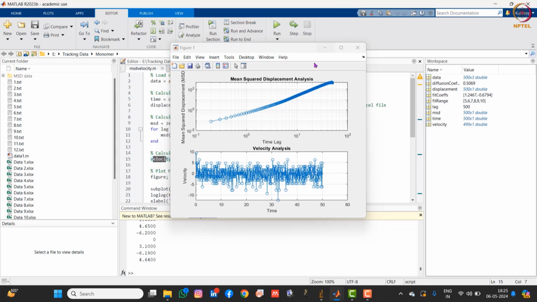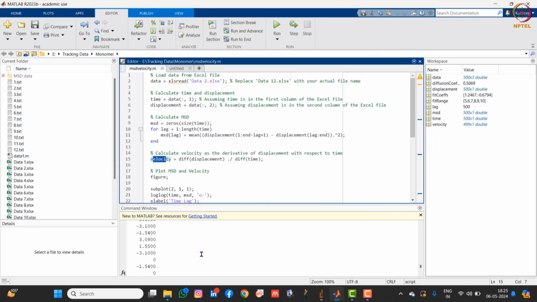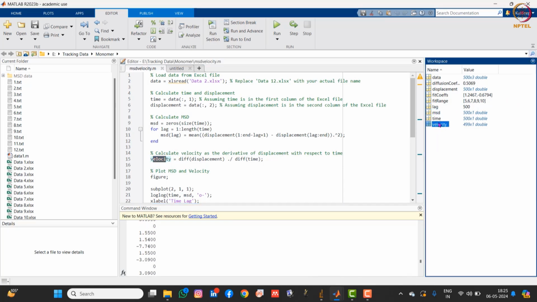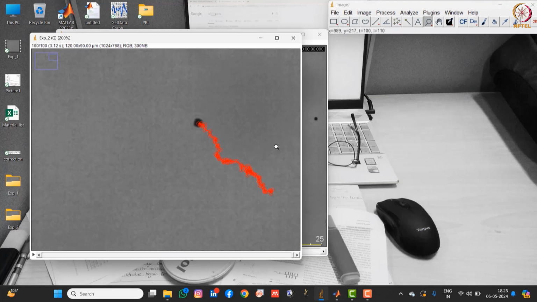Apart from this, it totally depends on how your code is running. You can get the data also: MSD data, time data, velocity data. It's totally up to you. So this is how you can do the tracking and plot the mean square displacement of your particle system, an active particle system. Thank you.